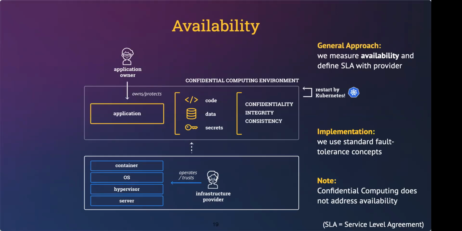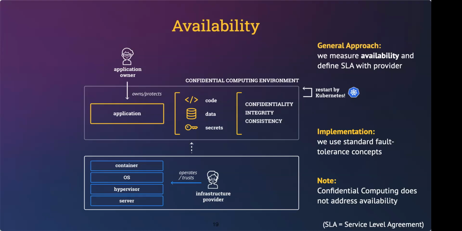What you typically do is you run your application in some environment where you can use standard fault tolerance mechanisms to improve the availability. Like if you run on Kubernetes, Kubernetes restarts your application. In case there's a crash, it restarts on the same node. If the node crashed, it restarts it on a different node. So there are some really nice mechanisms in production that you can use. And this is complementary to